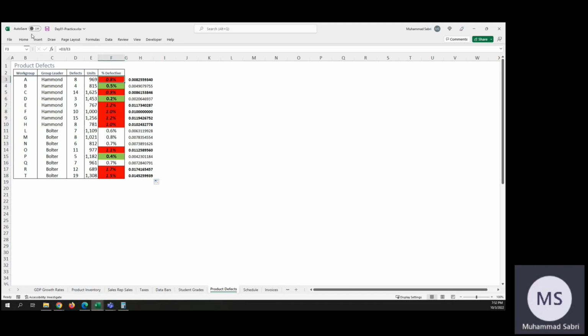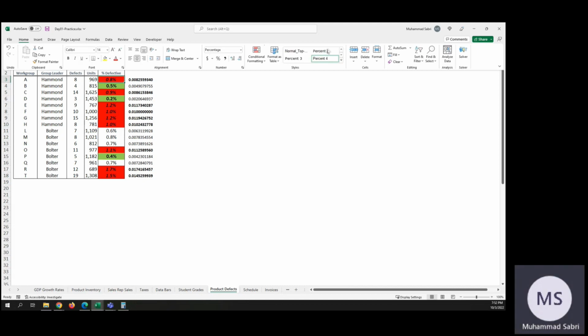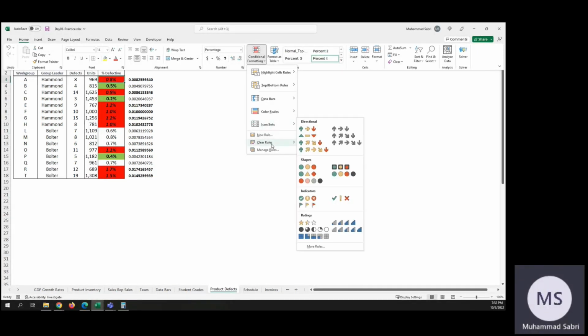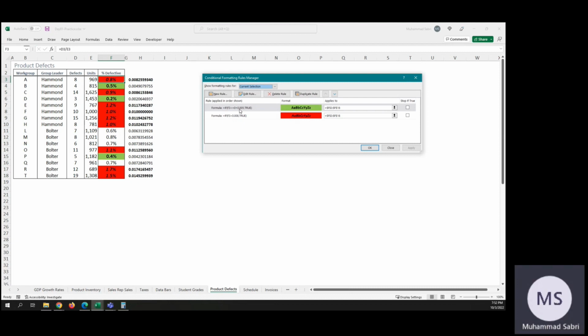So how do you see those rules? You go to the range, you look at manage rules, and you see these two rules. And both of them are being applied from F3 to F18. And the first rule is that if this number F3, starting F3, so just don't think of it as fixed. It's F3 in F3, and then it goes like F4, F5, F6 through F18 because that's the range. So if F3 is less than or equal to